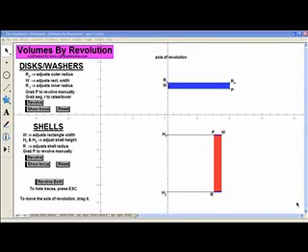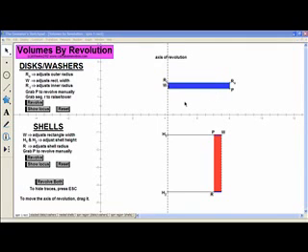This section is on solids of revolution. We're going to look at two types, the disks and the washers. We're not going to cover shells in this particular lecture. So the idea for disks and washers is that you have a representative rectangle representing part of your area you're